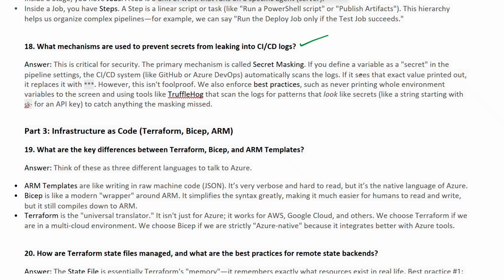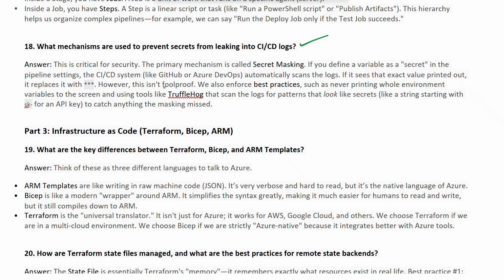If you define the variables as a secret in the pipeline setting itself, the CI/CD system, that might be Jenkins, GitHub Actions, or Azure DevOps, automatically scans the logs, and if it sees that secret value printed out, it replaces it with stars instead of the direct values.